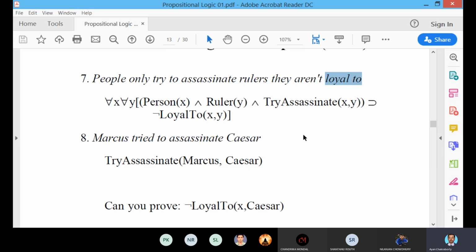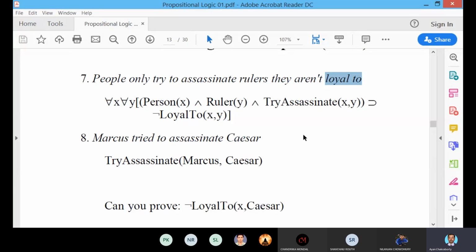Because these are the predicates, we need two reference variables, x and y. People is a common noun and a predicate. Ruler is a common noun, a predicate. Try to assassinate is a function. And loyal to is also a function.